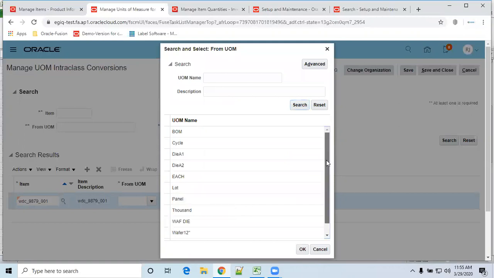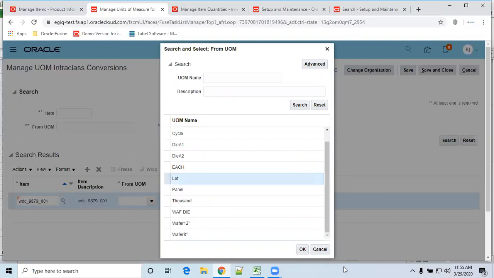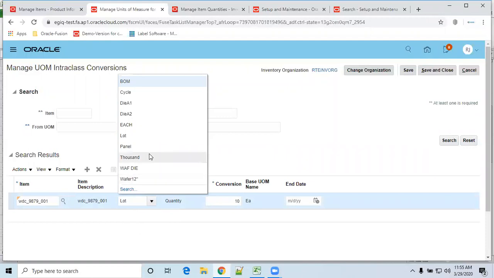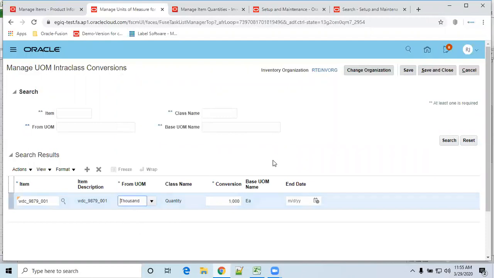So I have only these things. Let us take lot. Lot from UOM class name quantity to conversion is 10. They have already defined it like that. Okay, let us take 1000 each.